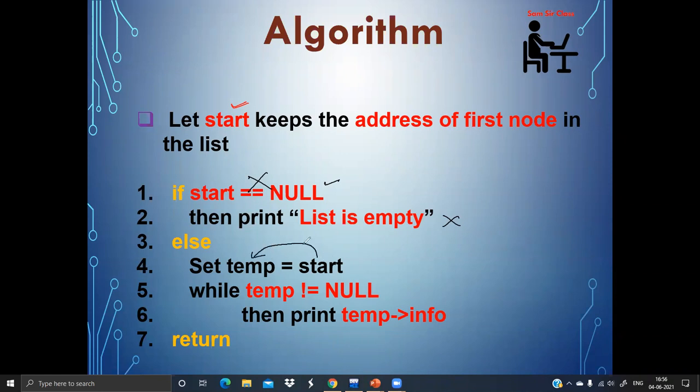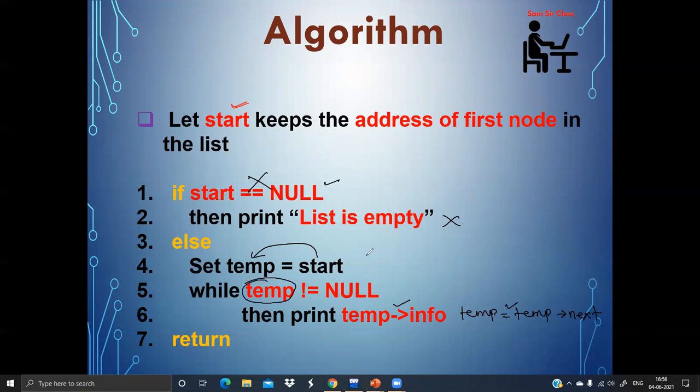That means the starting node's address you are providing to temp. And whenever temp is not equal to null, you print temp info, and you also move to the next node, so temp equal to temp next. Okay, so temp info will print the value, temp next will go to the next node till temp does not go out of the list.